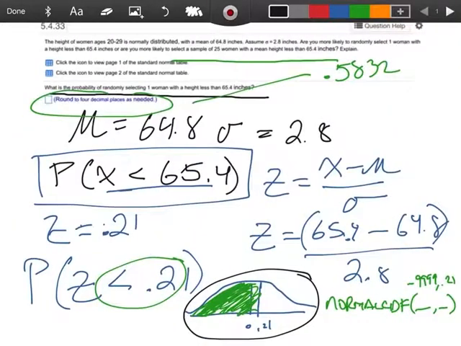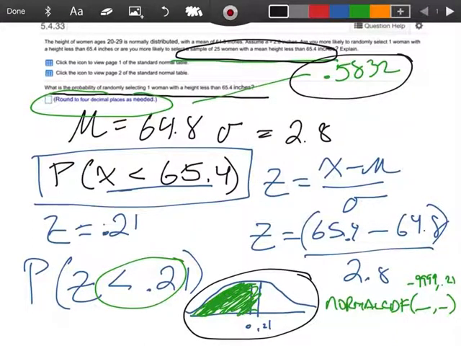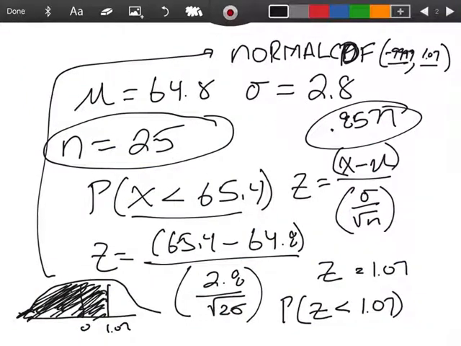So when I come back to my original question, are you more likely to randomly select one woman with a height of less than 65.4, or are you more likely to select a sample of 25 women with a mean height of less than 65.4? And we'd be more than likely to select a sample of 25 women with a mean height of less than 65.4 because of those probabilities, right? The probability here was 0.5832, and the probability here was